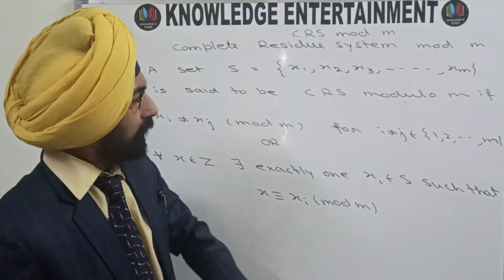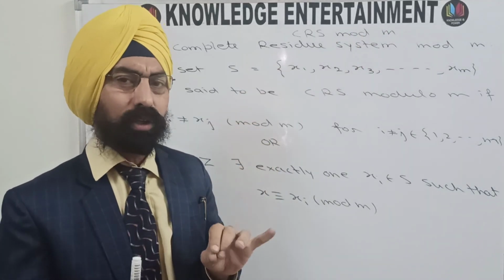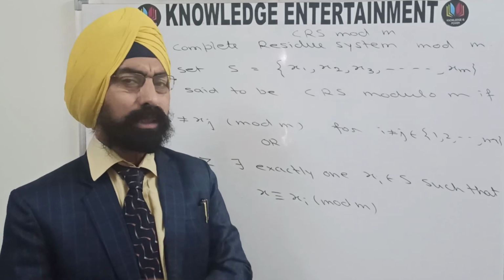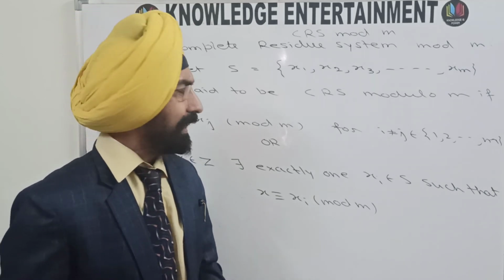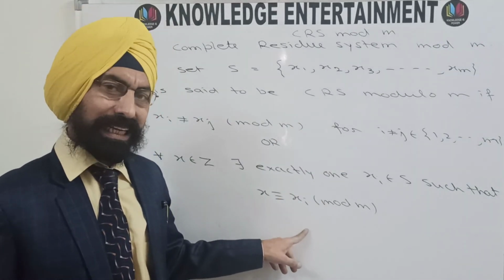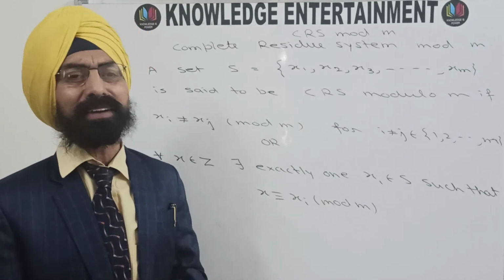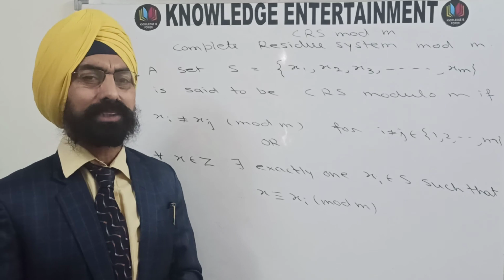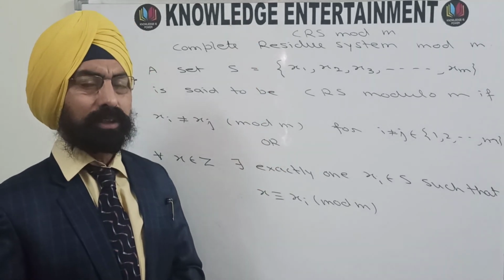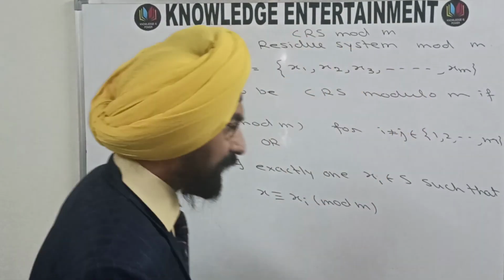Secondly, leave that you don't know how many members are there. One thing is sure, that a complete residue system modulo m will always have m elements. But suppose you don't know how many elements are there, but these two properties both are satisfied. Even then, the set is a complete residue system modulo m, and it will have definitely in that case m elements. So this is the definition of complete residue system modulo m,